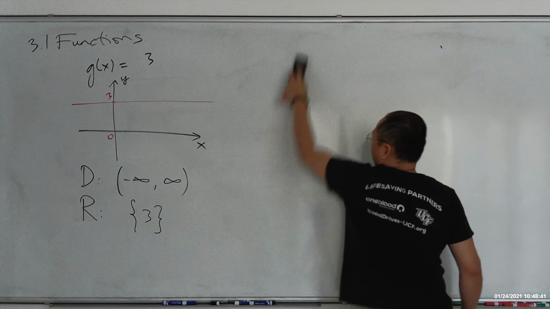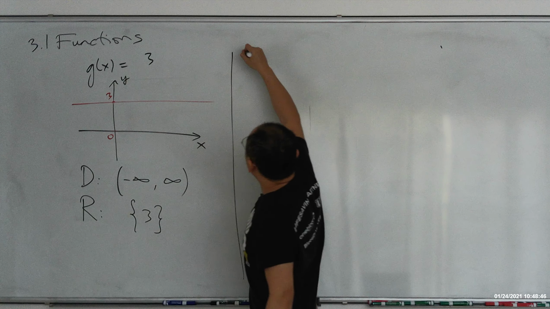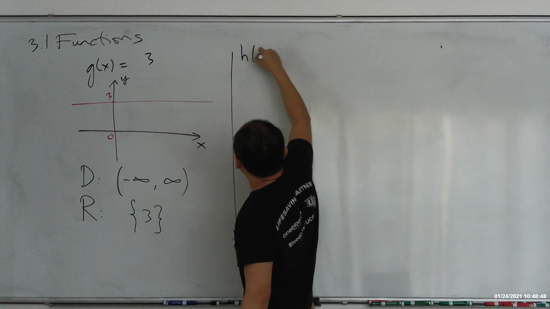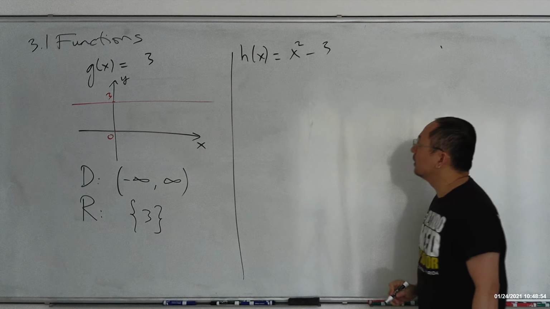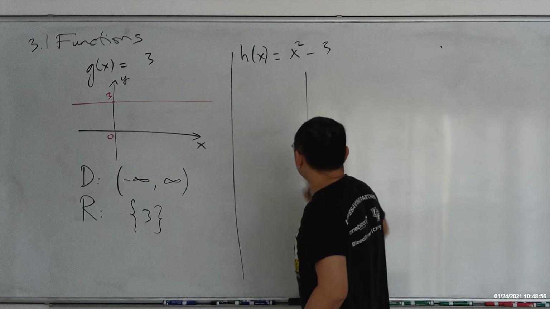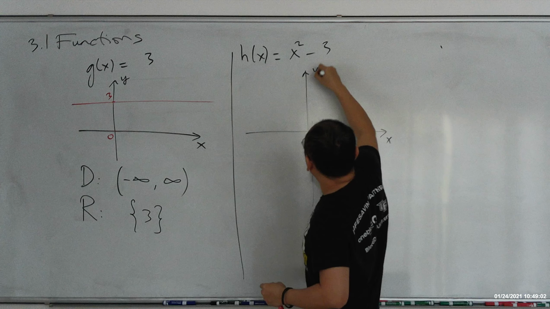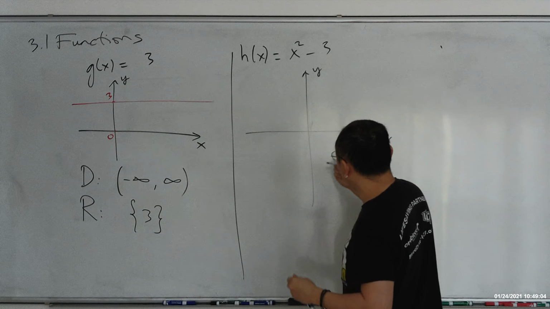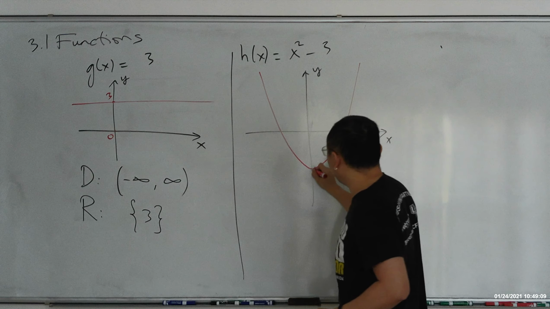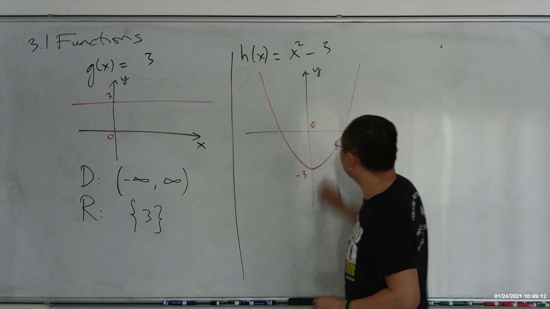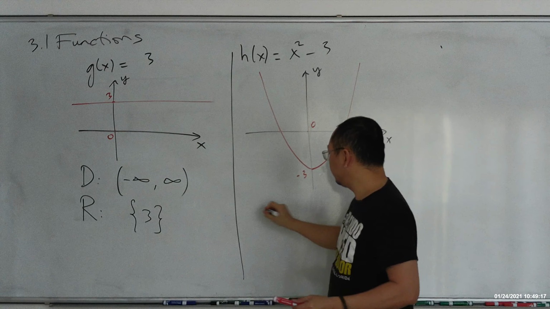Try this. Say h of x equal to x squared minus 3. Okay? And let me try to graph this for you. X-axis right here, y-axis right here, and this one is going to be a parabola, and the parabola is going to look like this. Negative 3 is right here, and 0 is right here. Okay? That's the graph. So first, for the domain,